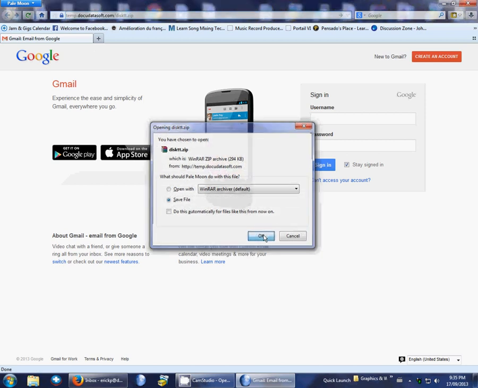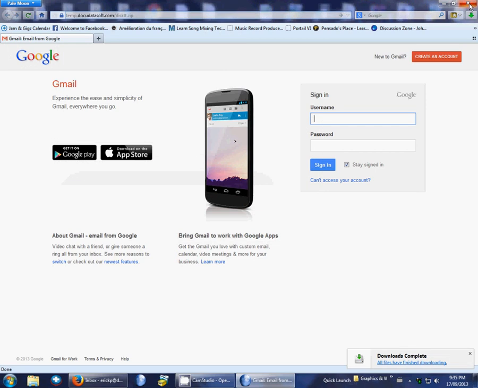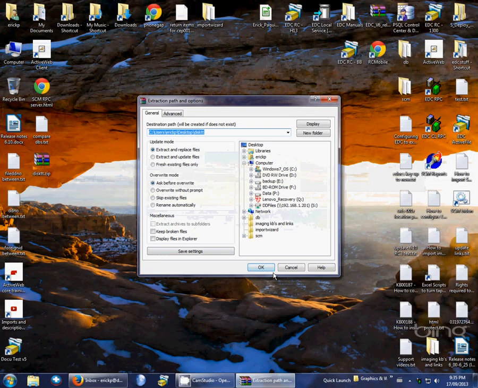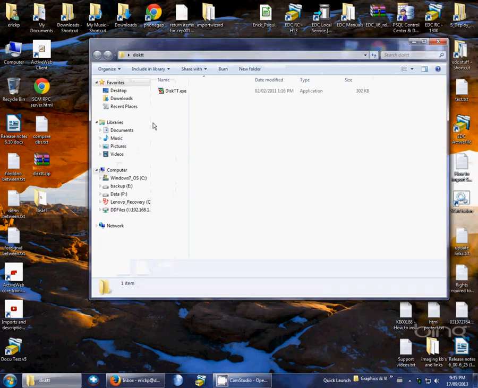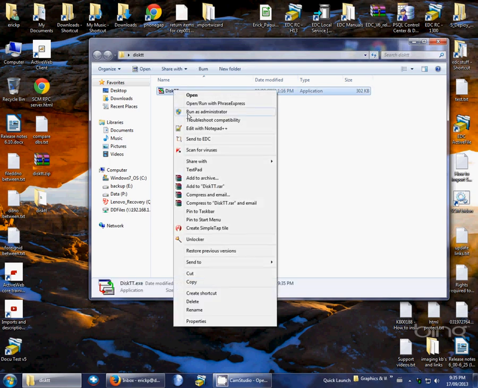you can download that. Now, if I download that to my desktop here, I'll just extract that to show you how it works quickly. It's very handy and it's pretty fast. It's a very small utility, just 300K. It does an amazing job, I find. So when you want to find out how your disks are running,